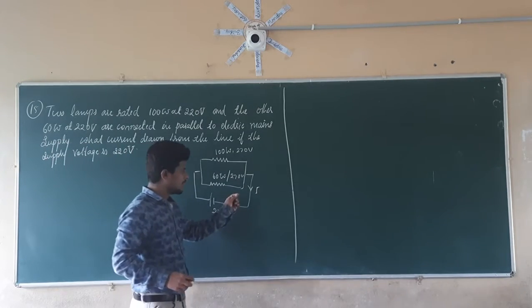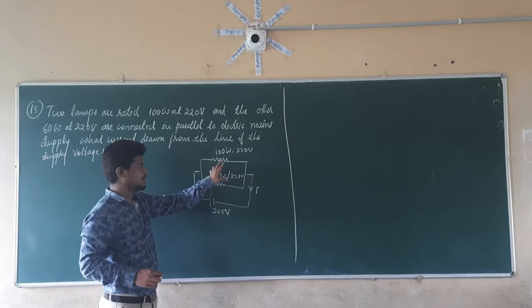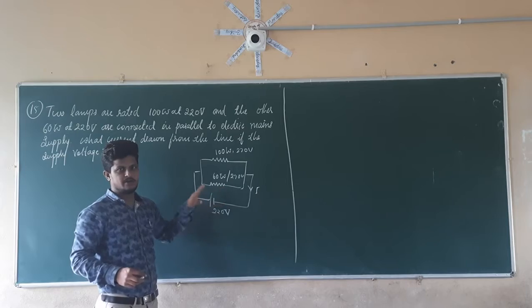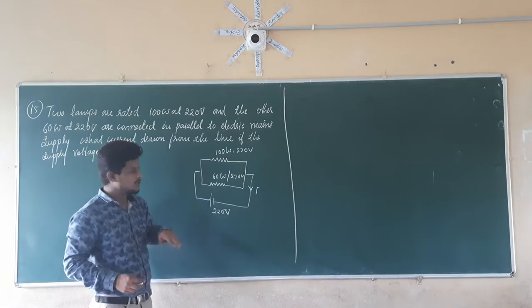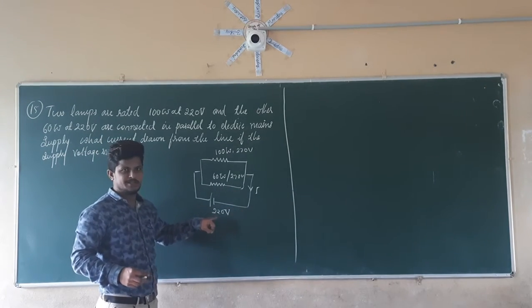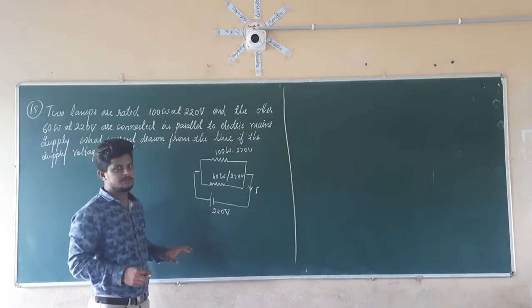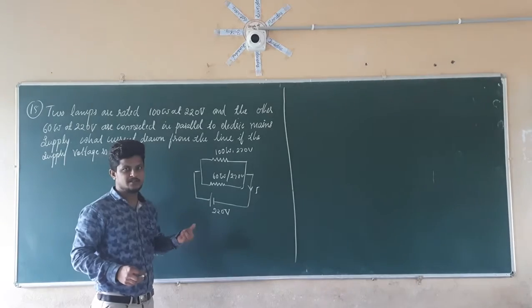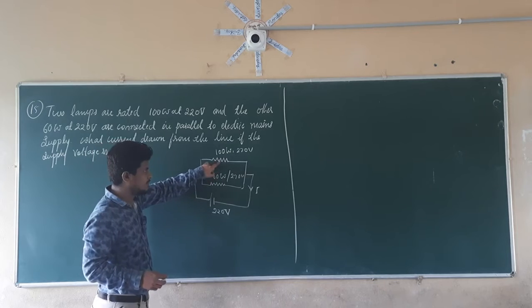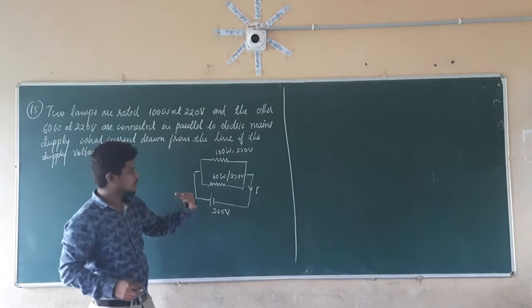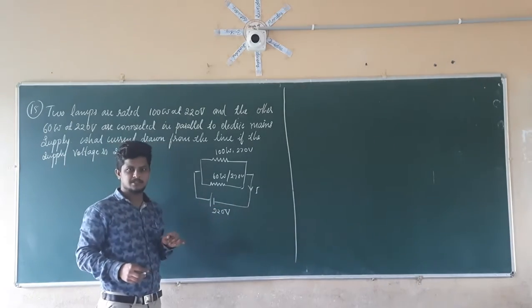If you want to calculate the total current flowing through that circuit, what do we require? We require the total power, that is the power of this lamp and the power of this lamp together. For that reason we first require the resistance of both the lamps. The total voltage is given, so we require the total resistance connected in parallel. First we calculate the individual resistance of lamp 1 and lamp 2, then the total resistance in parallel connection. By using that value, we will calculate the total current flowing in this circuit.